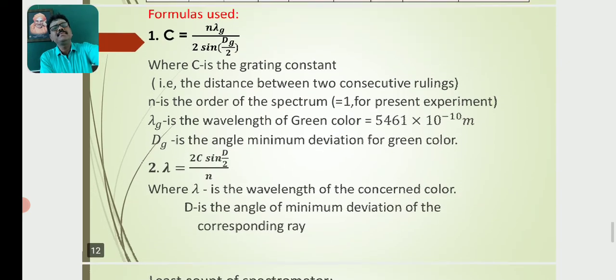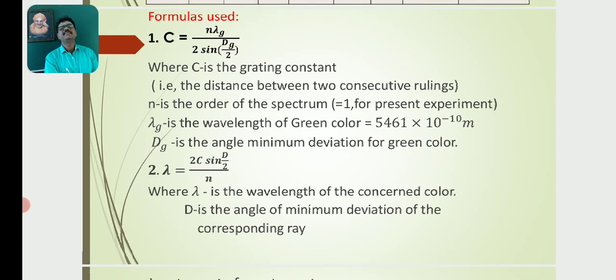So now we give the formulas we used in this experiment. C is equal to n lambda g by 2 sine dg by 2, where C is the grating constant. With the help of this, we can determine the grating constant. Here the grating constant means the distance between two consecutive rulings. Where n is the order of spectrum, so for first order n is equal to 1, and lambda g is the wavelength of green color,